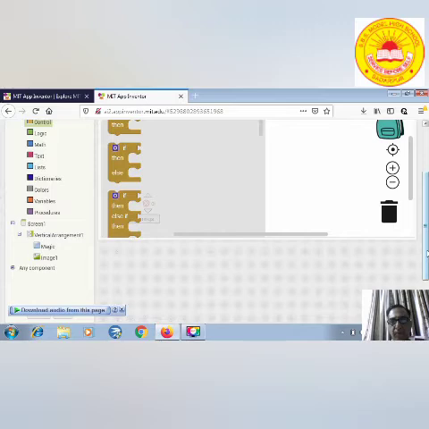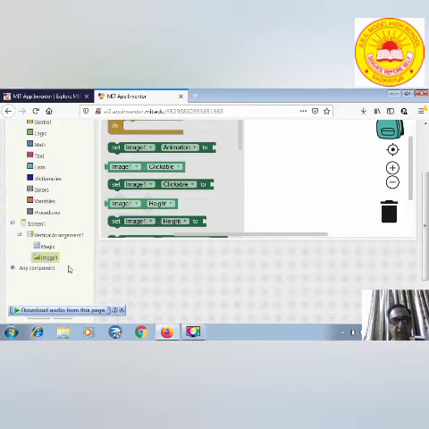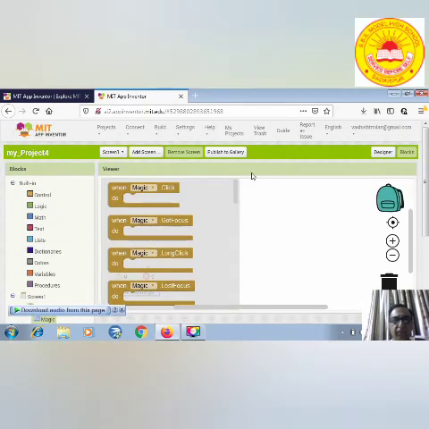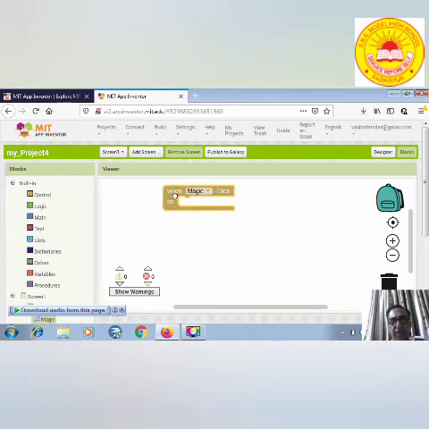Just click on image button. No, just click on magic button. Drag when magic click do in the workspace.